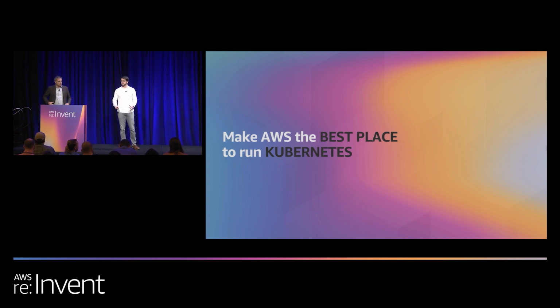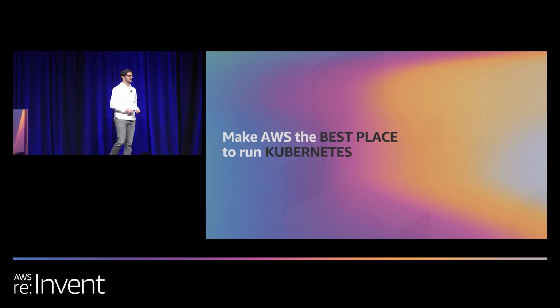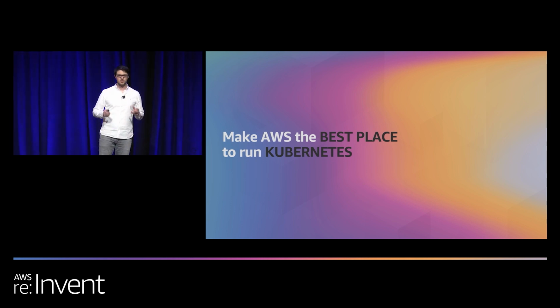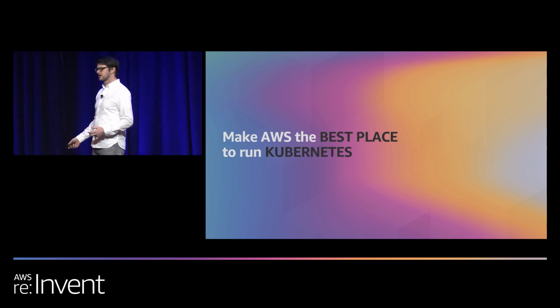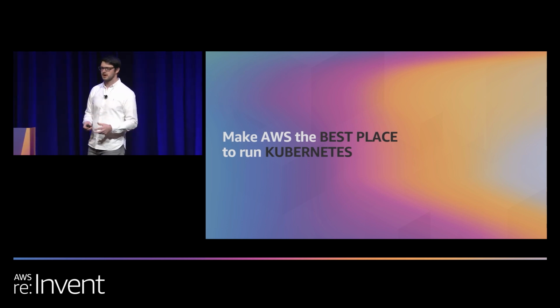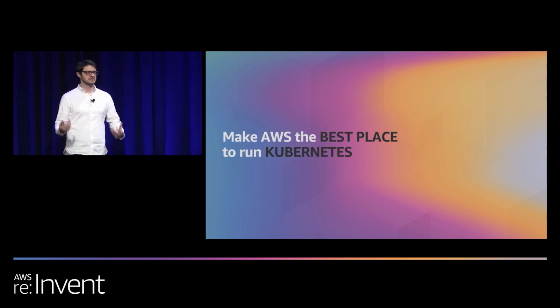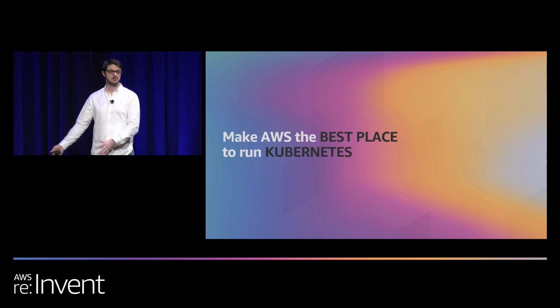So I wanted to start a little bit with what are we doing at AWS around Kubernetes? What are we doing around Amazon EKS? Why did we build this thing? Why does it matter? Why would we build something like AWS Fargate? How does this all kind of work together? We're going to start with a little bit of an overview and why we built this, how we built it. Massimo is going to dive deep into what it means to start using this.